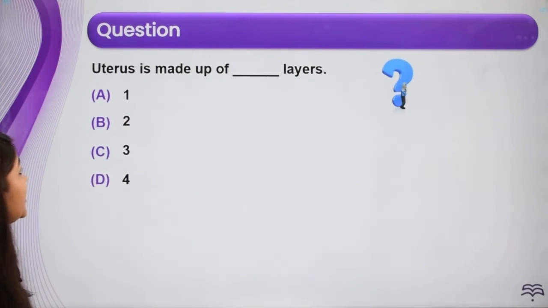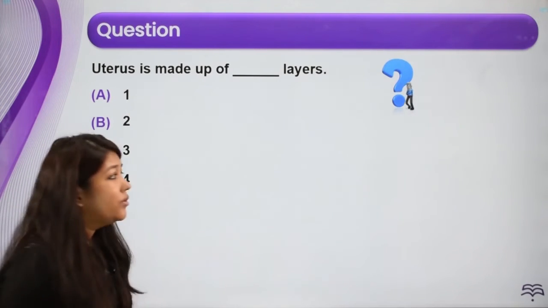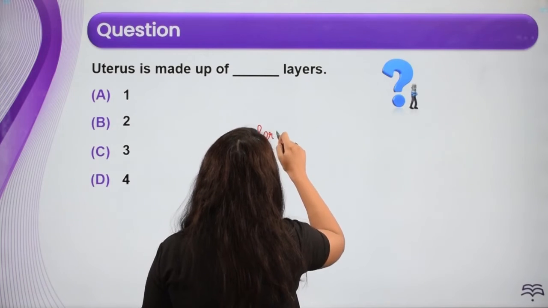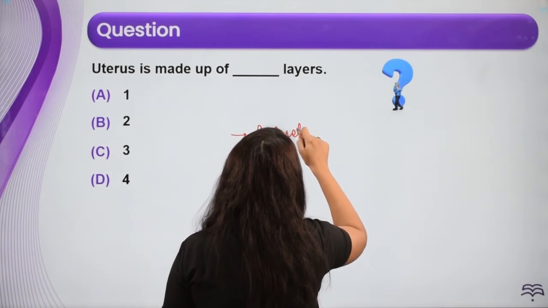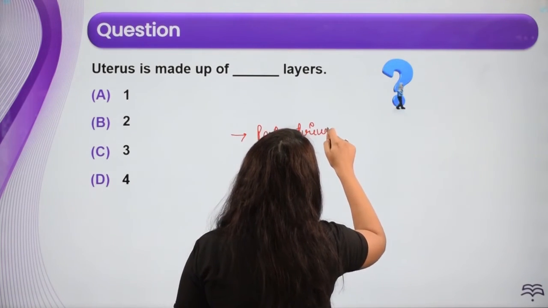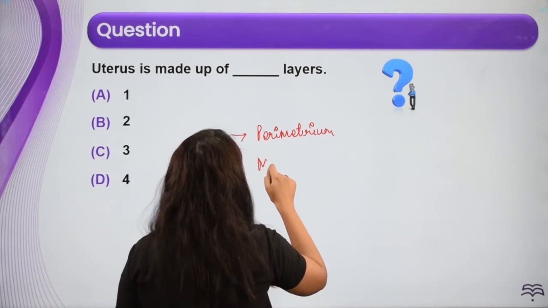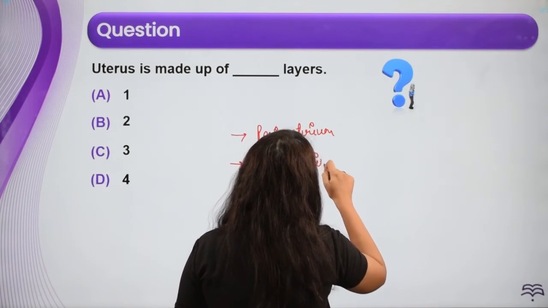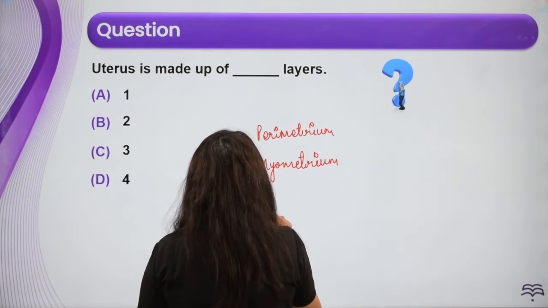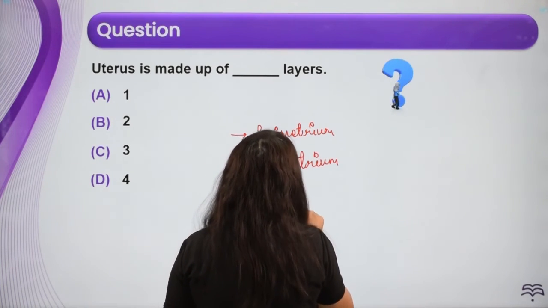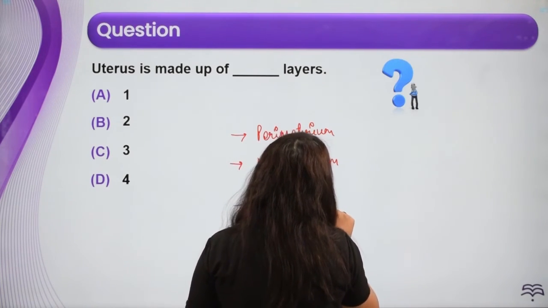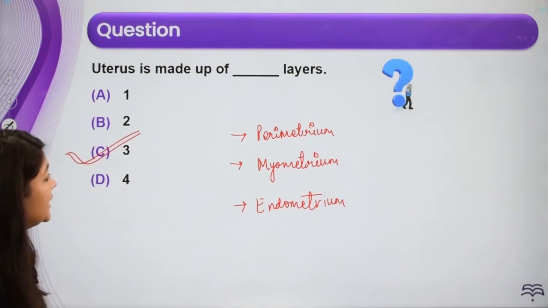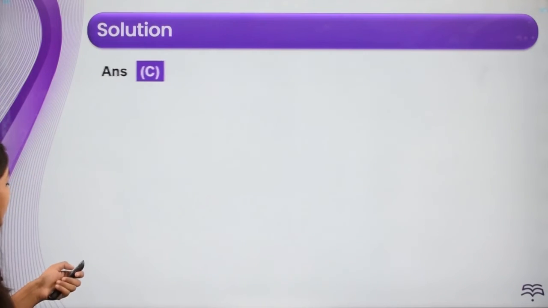यूट्रस इज मेड अप ऑफ डैश लेयर्स। कितने लेयर्स होते हैं यूट्रस में, अभी अभी हम लोगों ने देखा है। देयर इज पेरीमेट्रियम, देयर इज मायोमेट्रियम, एंड देयर इज एंडोमेट्रियम। तो कितने लेयर्स हो गए, 3 लेयर्स हो गए। आंसर इज गोइंग टू बी सी, सिंपल, राइट। नेक्स्ट,